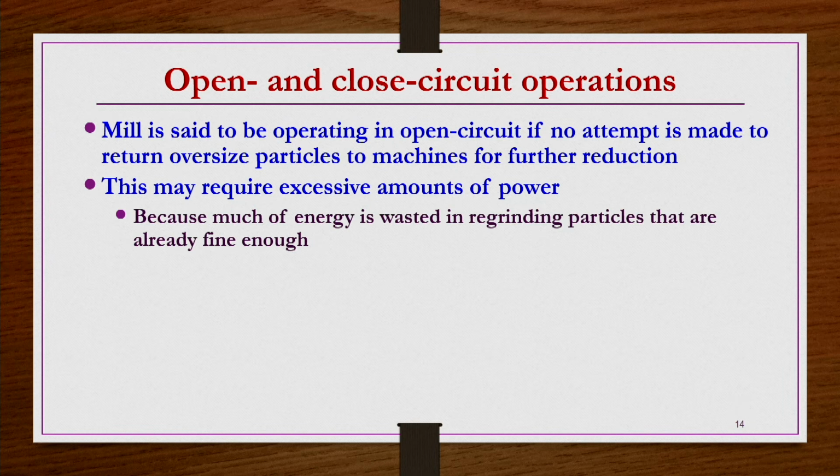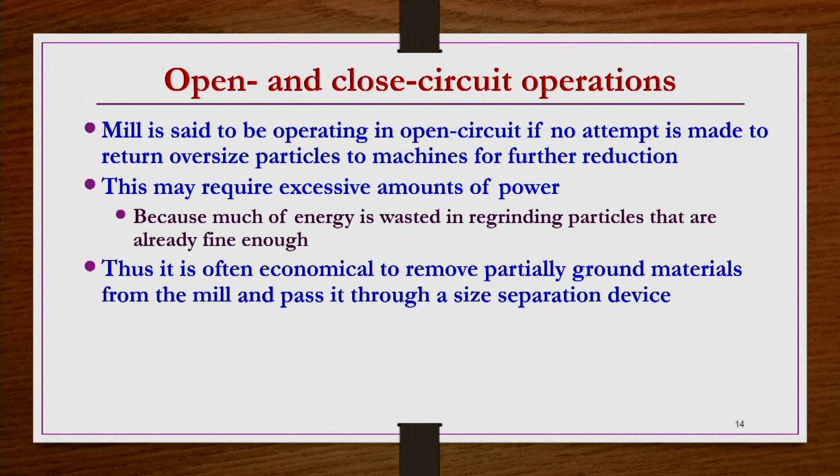Because what happens when you do a size reduction operation in a given mill or crushing equipment, after a certain time of operation, the product is more or less of satisfactory size as per the equipment restrictions, feed and product requirements. But in such a case, if you are not separating the undersize, you are unnecessarily wasting energy on material which is already sufficiently fine. So, that way it is not going to be helpful anyway.